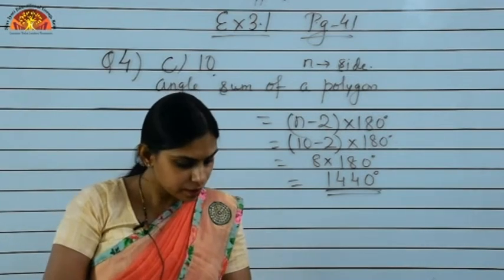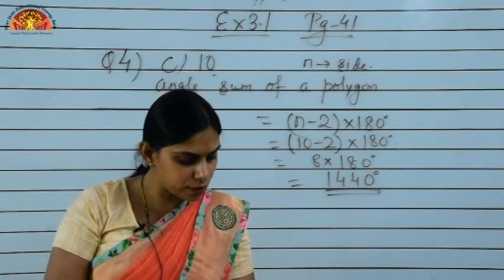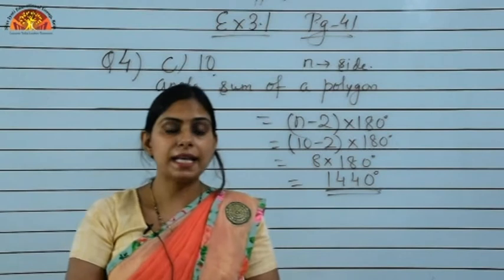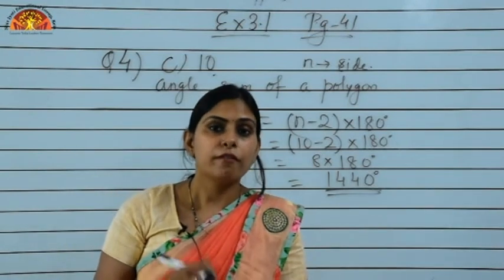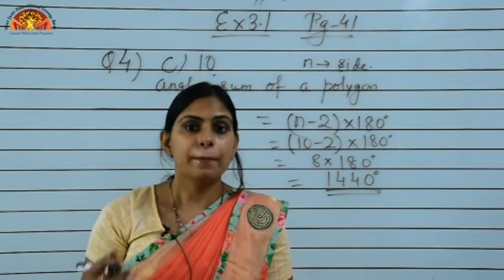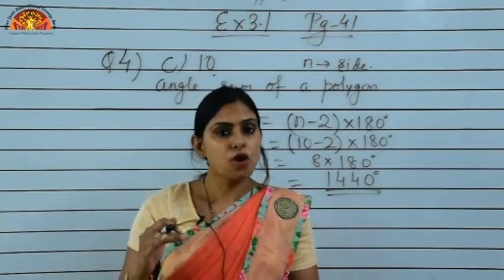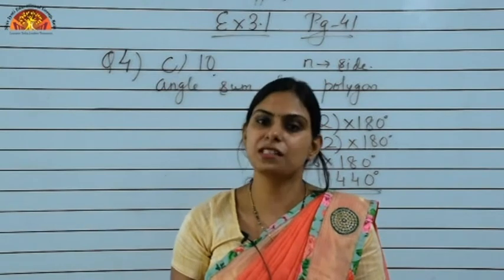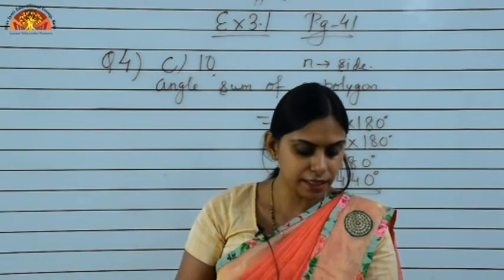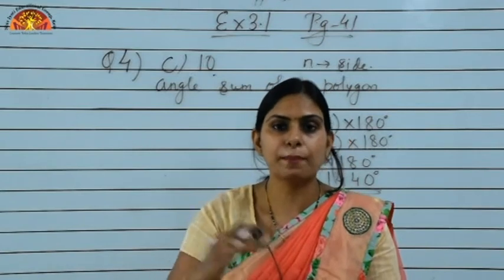Now just see another question over here. That is, what is a regular polygon? State the name of a regular polygon if... Children, as I have already told you just now, regular polygon क्या होता है? That is equiangular and equilateral. Means a polygon in which all the sides and the angles are of equal measures. Now you have to just determine the name of a polygon with the number of sides.